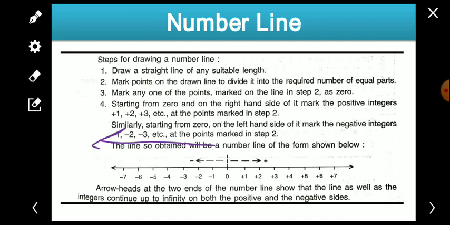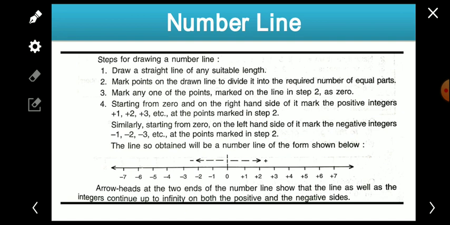It is up to you what the requirement is, which numbers are to be represented, and accordingly you will write. Okay, up to say minus 7 or up to minus 12. It depends upon the requirement. In this, only up to minus 7 and 7 has been represented for an example. Okay, so like this we'll draw the number line, and